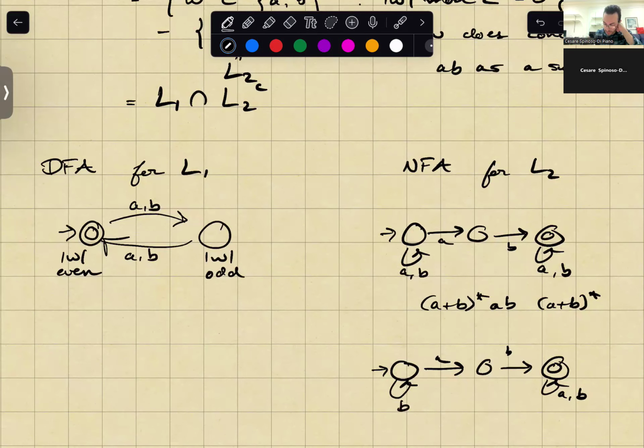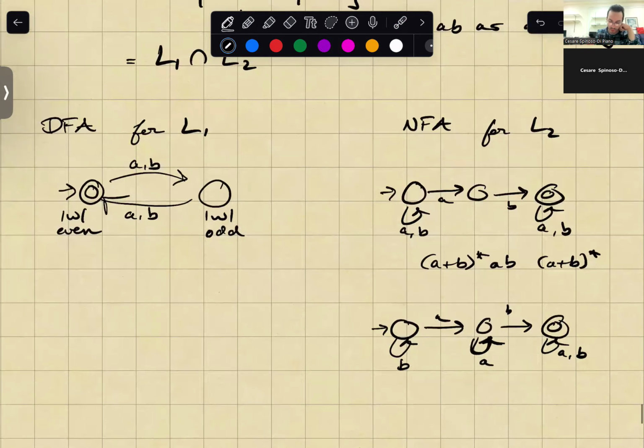If you're in this intermediate state, and you're seeing an A, well, there's still hope, right? If you're seeing an A, then you shouldn't go back, because the last thing you've seen is an A. So if you see a B, then you're immediately done, right? Right, and so then I have a DFA for L1, and I have an NFA, also a regular expression, also a DFA for L2,